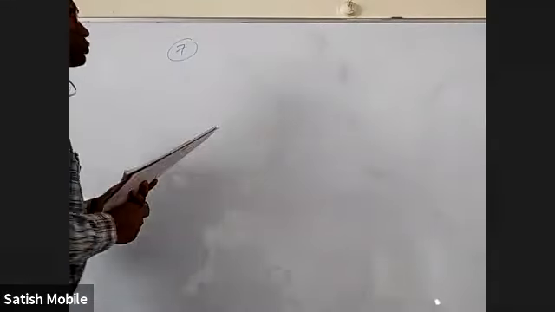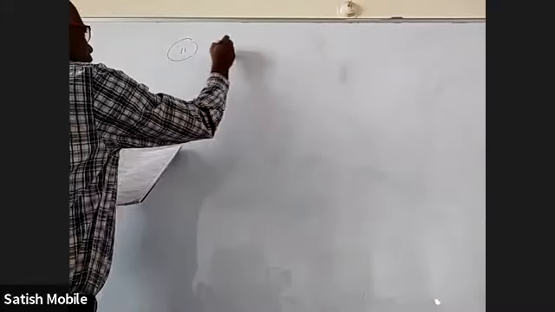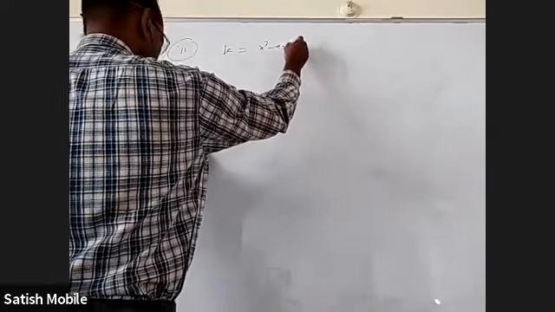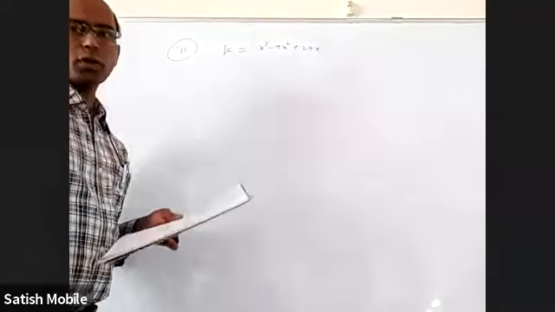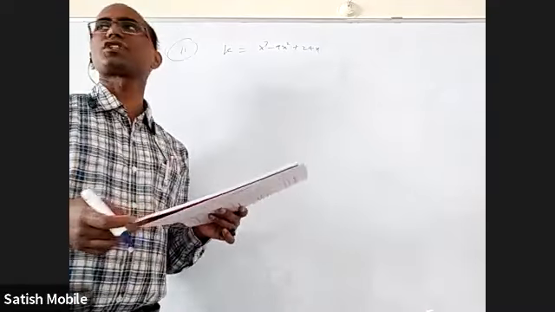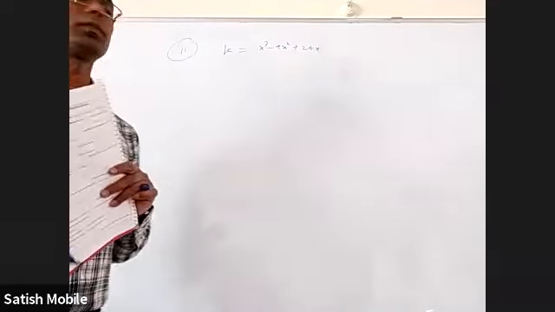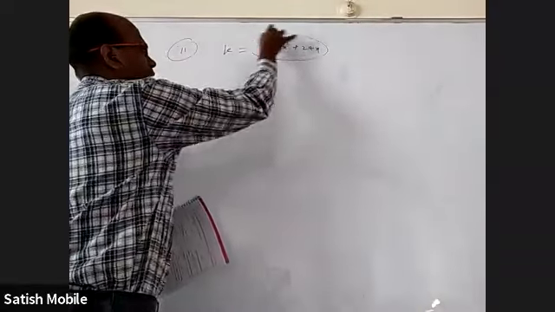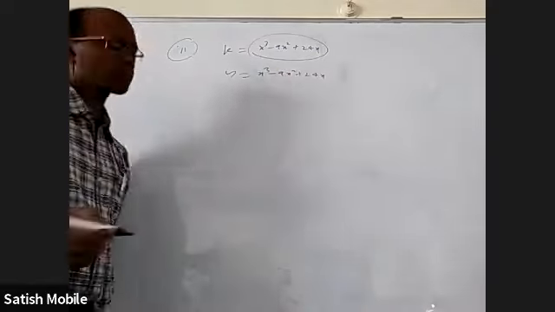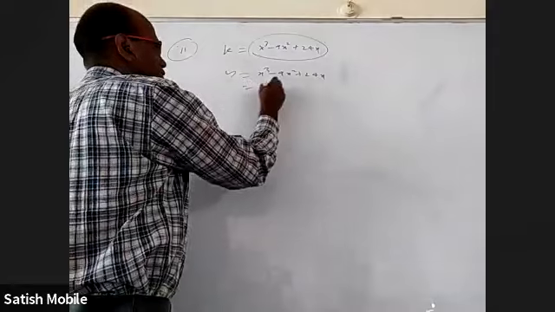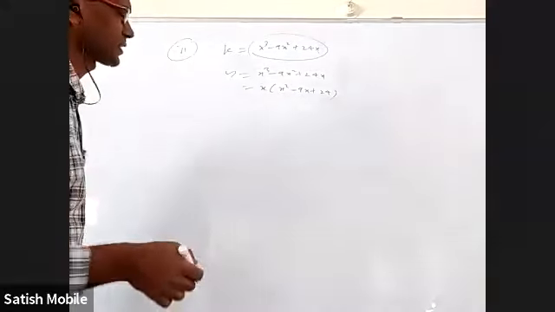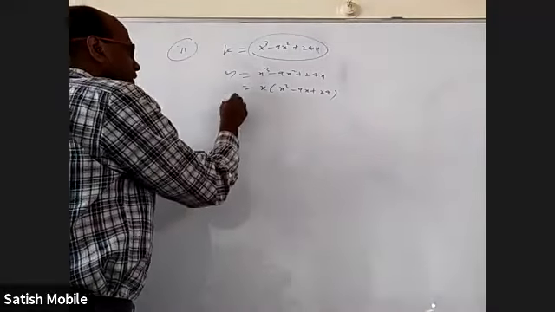Okay, somebody is asking the 11th question now. K is equal to x cube minus 9x square plus 24x. K I brought to the other side. They're asking that this equation should have 3 distinct real roots. Okay, let us try to draw the graph of this. y is equal to x cube minus 9x square plus 24x. If I take x common, it is x square minus 9x plus 24. This has some roots. We can identify the roots if necessary. But let us find dy by dx.